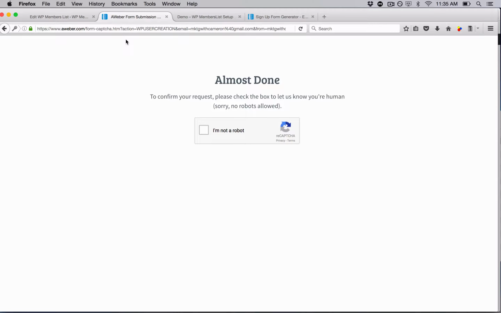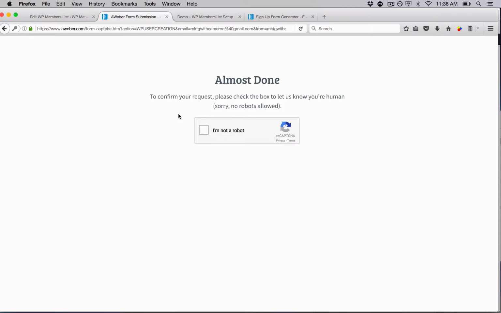So I have to do this confirmation. You will not have to do this confirmation when people are signing up from your list. It's just that I've had so many times that I've logged into Aweber with this list and this email testing the plugin for you all that I have to do this, but 99% of the time it won't happen. And even if it does happen, it's not that big of a deal if you really think about it,